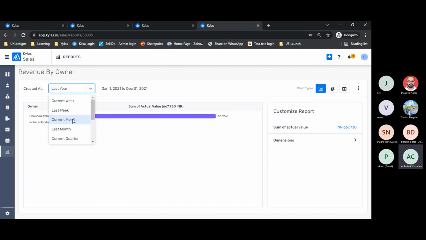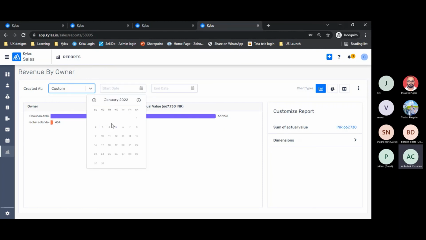If you would like to change this, let's say if you are interested in last month data, current month data, or any certain period of data, you can choose that range from here. This is how it helps you understand how much revenue that person has earned for you.